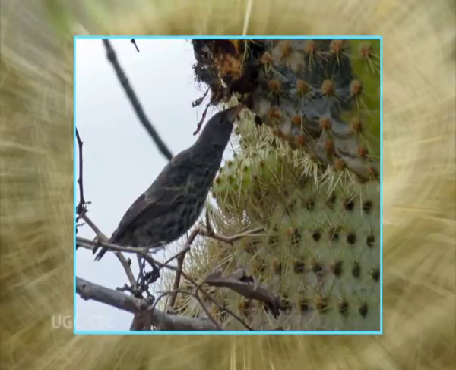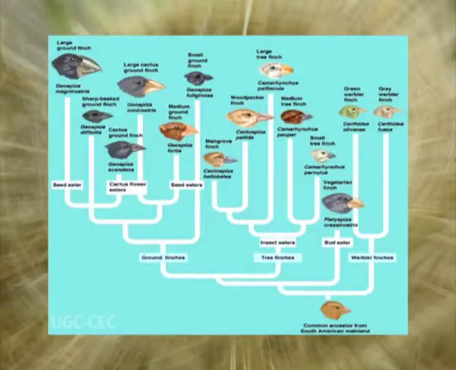Among the most specialized is the so-called cactus finch, which plucks a long spine from a cactus, holds it in its beak, and uses it to probe crevices of the cactus stem for insects and to remove them. It is generally conceded that these 14 closely related species continue to live side by side, avoiding competition by niche diversification or niche shift, a change in some pattern or process in the niche.